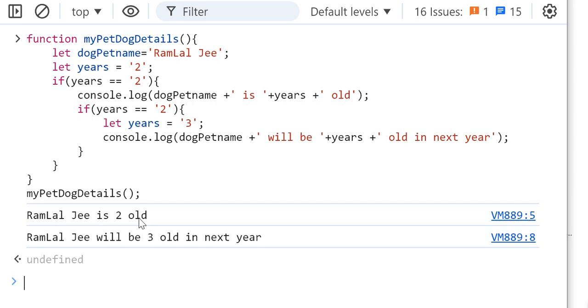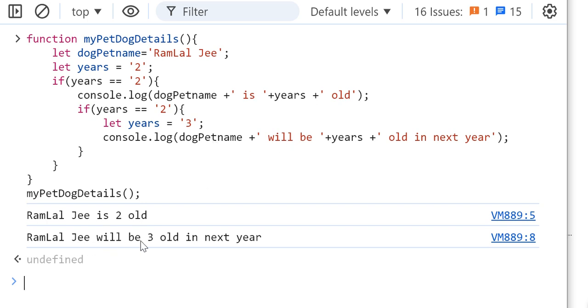So let's execute it first. Ramlal ji is 2, meaning years has the value from the let keyword we used. Ramlal ji is 2 years old, and then this block will be executed and let will provide